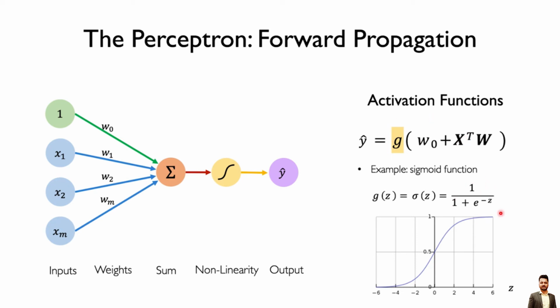Applying g to this will give you a value between 0 and 1. You can see the minimum value is 0, the maximum value is 1. Within the range of 0 to 1 for a sigmoid function, you will get an output of g(z). The labeling is missing here, but you can see the x-axis is the z value and the y-axis is the g(z) value. So this is how we calculate our activation function and the forward propagation based perceptron value.